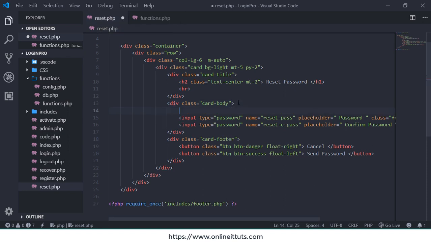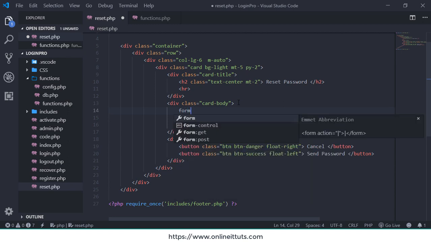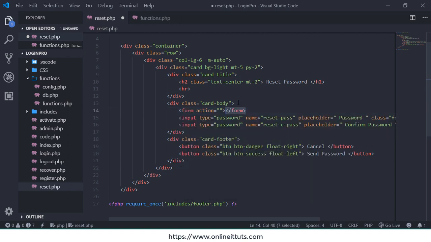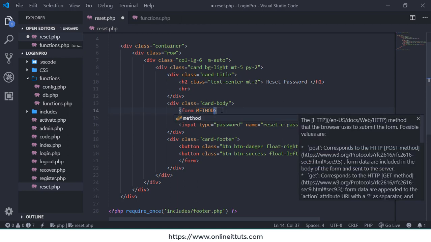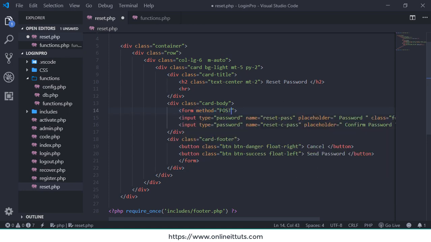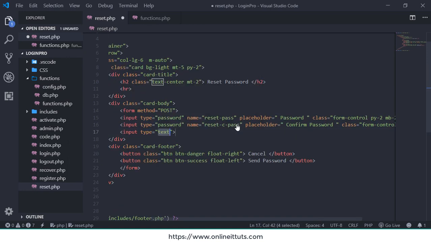And you need to write a form, and the closing form tag you need to place after the button tag, right? And you need to assign the method post, right? This is the first thing. Now the next thing, you need to create an input text field, and for type you need to use hidden, and assign the name token, right? Then the next thing, you need to write value and the basic syntax of PHP,